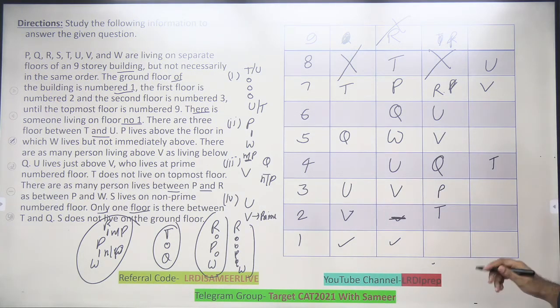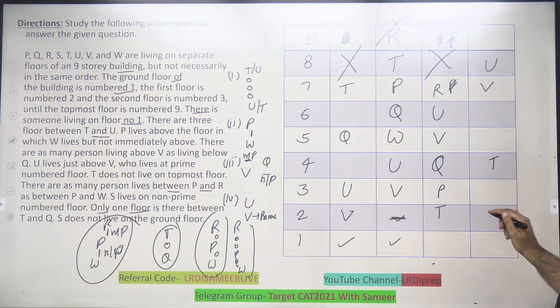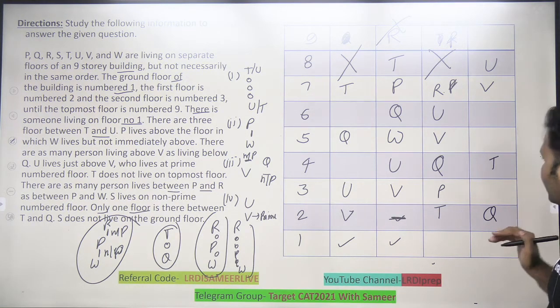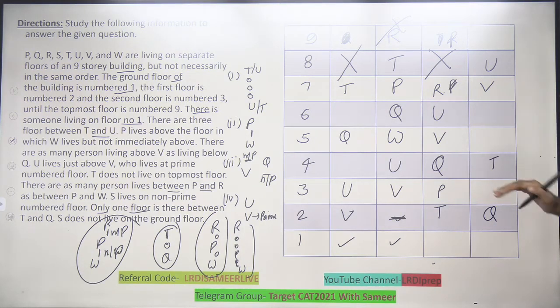A gap of 2 between T and Q can only be maintained when I'm positioning Q over here. Now you see that if I want to make the number of people above Q and below V the same, one person is already there, V is the second person, right? So the maximum number of people below V will be 6, right? And I also need 6 persons above Q. So that means one person is definitely here, right? So the vacant floor has to be above Q, right?